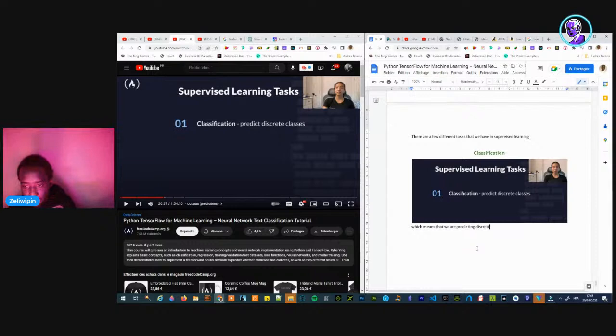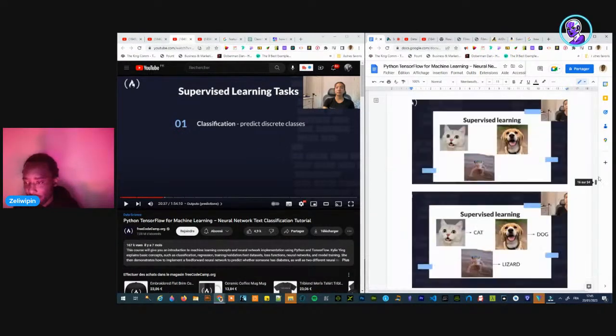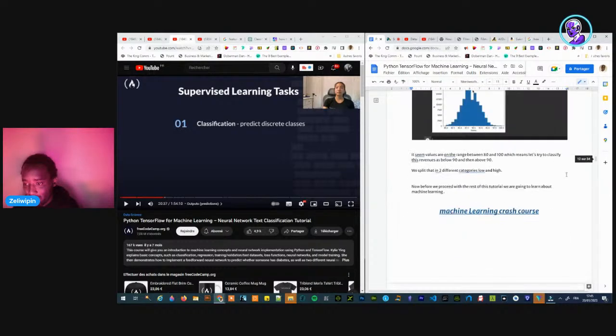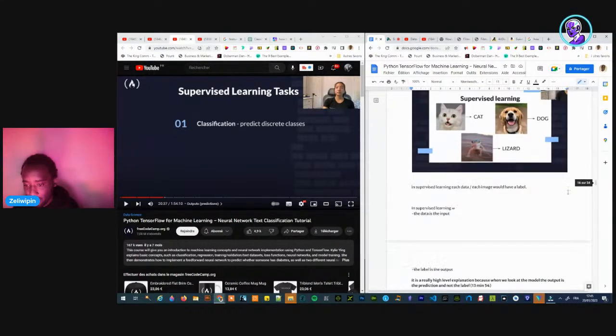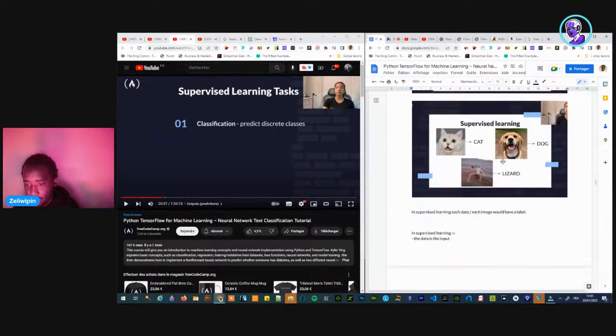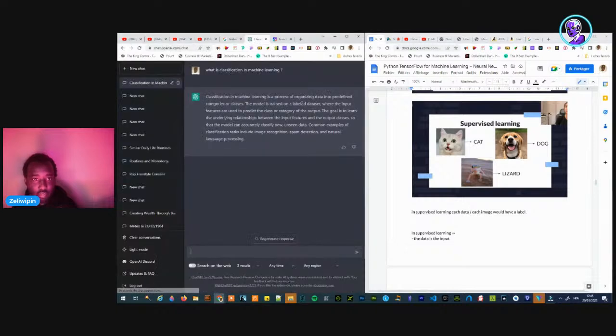So in machine learning, when you do classification, you predict discrete classes. I guess you are predicting classes based on data where you have the label associated with the data. We'll see what ChatGPT says about that.